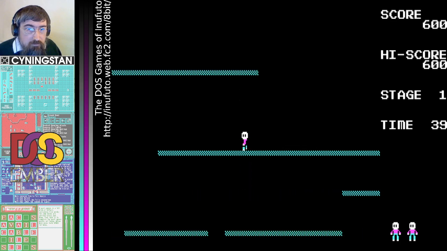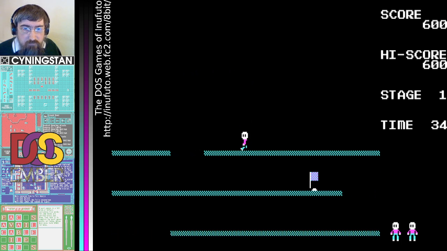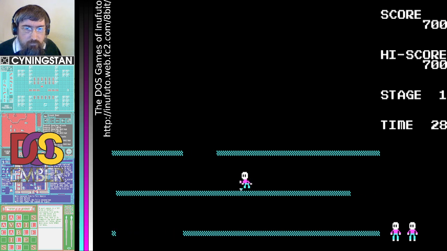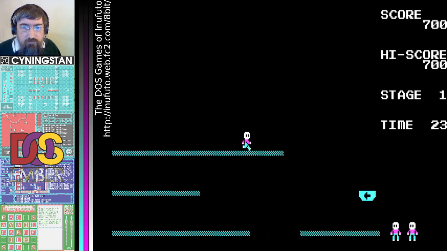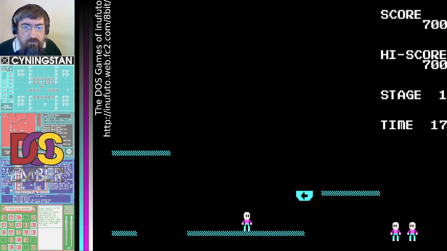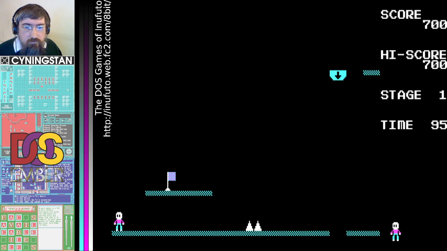Let's see if I can get up there from here. No, there's absolutely no way I can get there from here. But I don't think there was anything on there. Oops. Okay, so you can't jump through platforms. Is there anything here? Right, let's jump onto there. That was a miss. Oh, I have to walk along with the horizontal ones, do I? Oops. No, that was not what I meant to do.